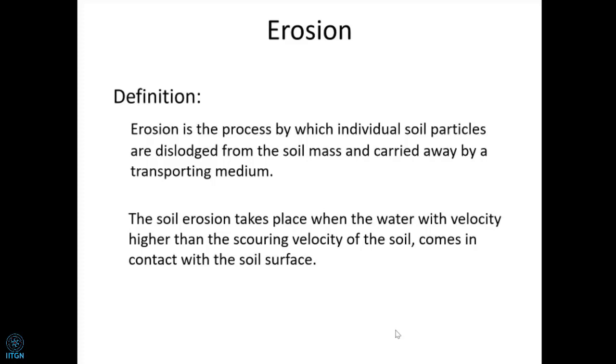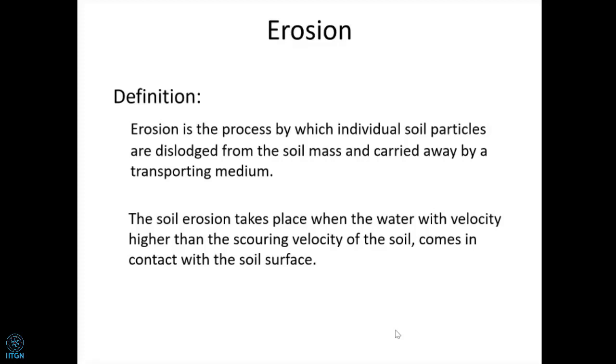In coastal and river protection, the problem is one of erosion. Bank erosion, bed erosion. The one which causes the bank erosion and bed erosion is the velocity of the water, that is, the current. In the case of sea, what is that? The disturbing force is the waves. So that is an energy in the form of either current or in the form of waves. And this energy has to be dissipated. That is what is required to prevent erosion.